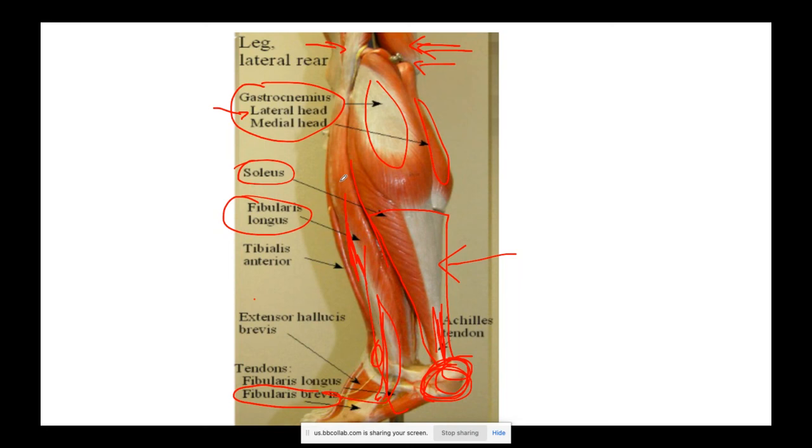The fibularis longus is a lateral leg muscle, goes behind the lateral malleolus, down the outside of the foot to the inside, to where the first metatarsal is, the head of the first metatarsal. Okay. The fibularis longus, which is a lateral muscle, goes under the foot to the inside, underneath but to the inside,